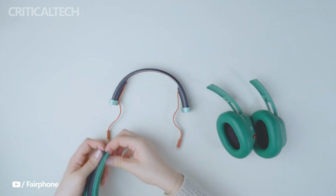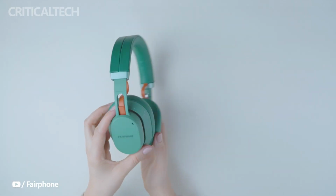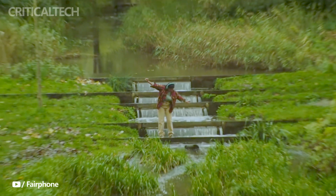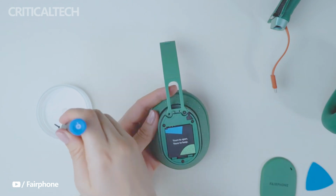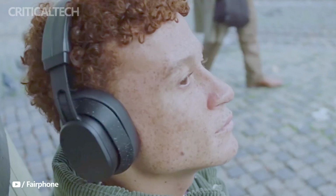One of the significant advantages of the Fairbuds XL is the flexibility it offers. Users can easily replace damaged or worn-out parts, such as the ear tips, cables, or even the speakers, without the need to discard the entire device. This approach not only reduces electronic waste, but also provides a cost-effective solution for users. Instead of purchasing entirely new headphones when a single component fails, users can simply replace the specific part, saving money